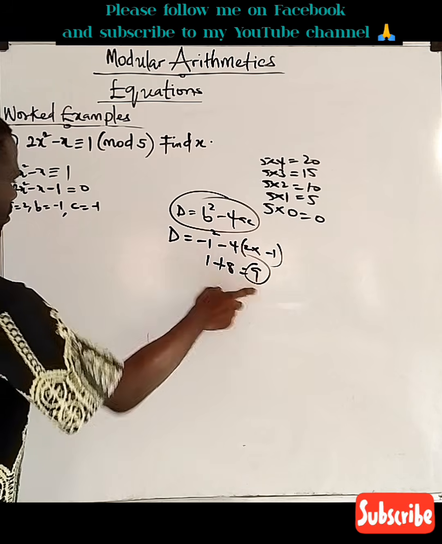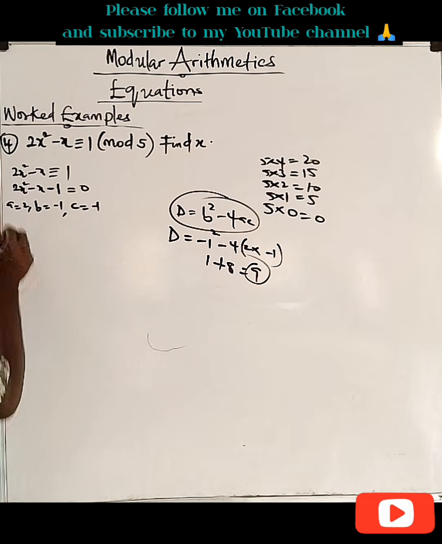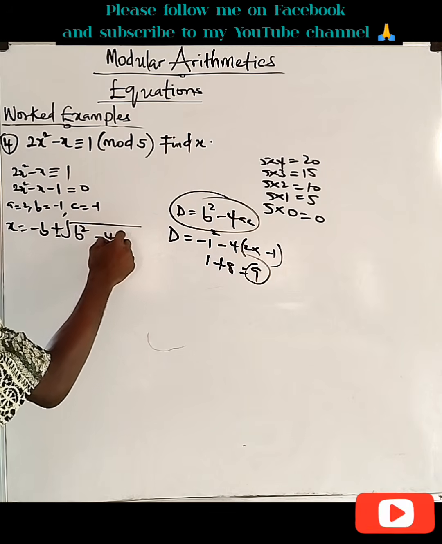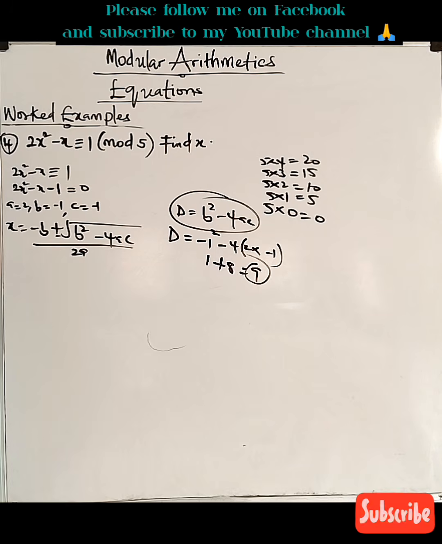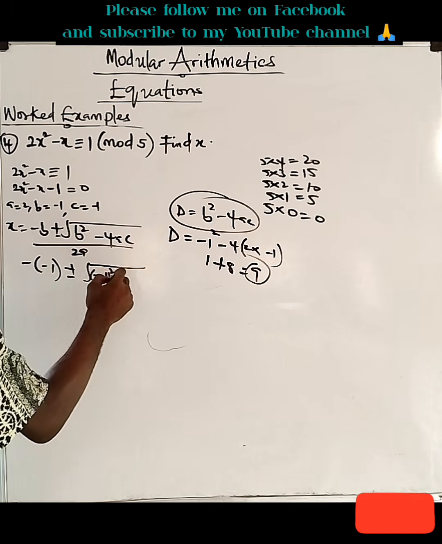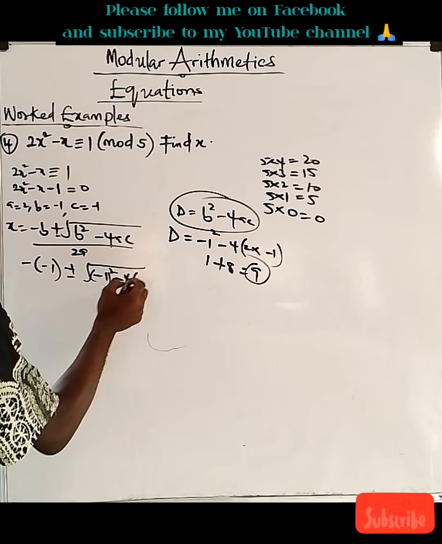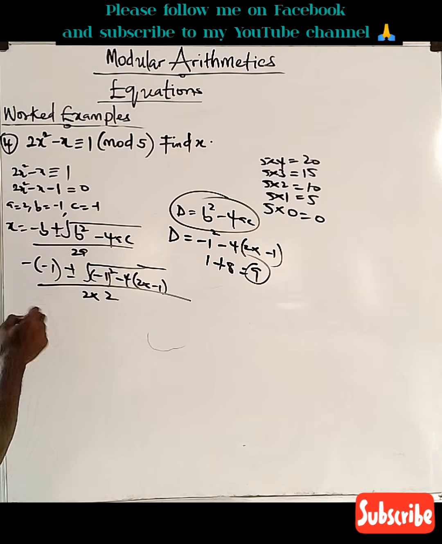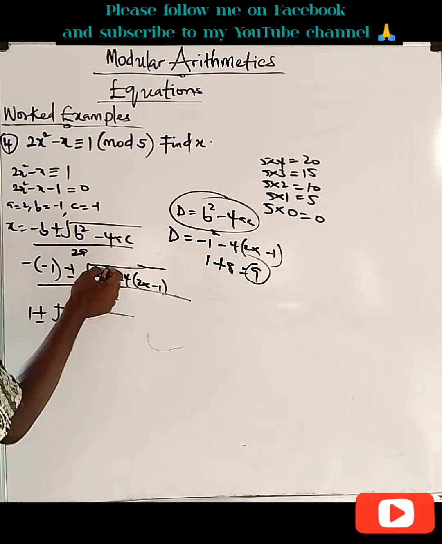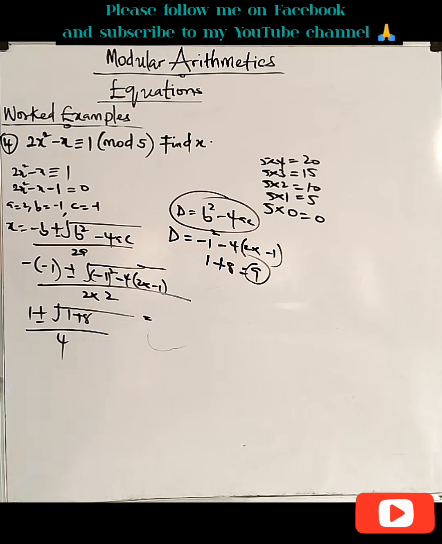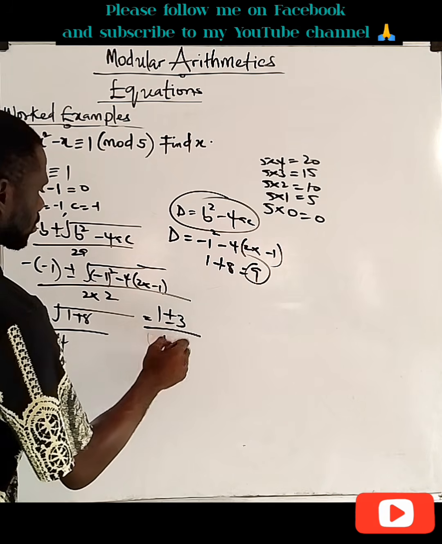So if D is 9, let's try this out. The value of x is minus b plus or minus the square root of b squared minus 4ac over 2a. So minus minus 1, plus or minus the square root of minus 1 raised to 2 minus 4, a is 2, c is minus 1, over 2 times 2. So 1 plus or minus the square root of 1 plus 8 over 4. So what do we have? We have 1 plus or minus the square root of 9, which is 3, over 4. That will give us